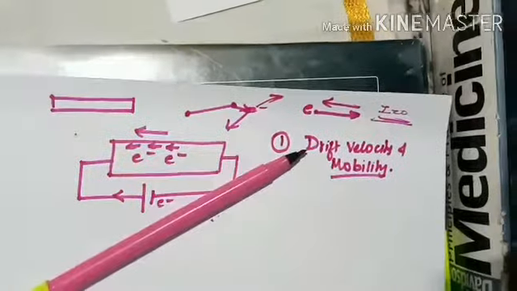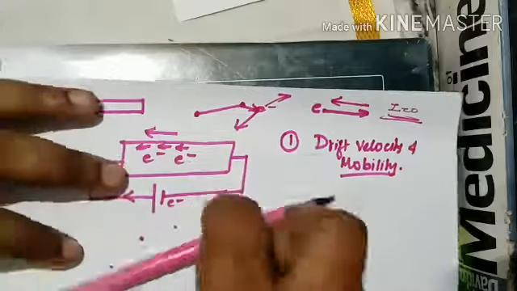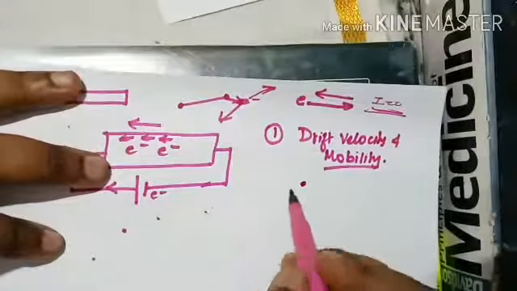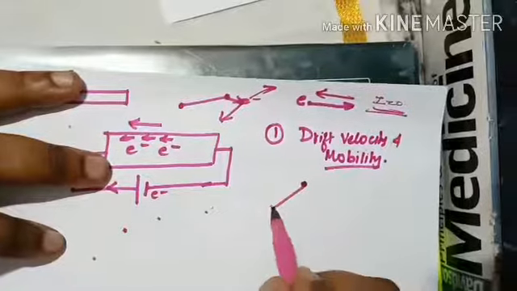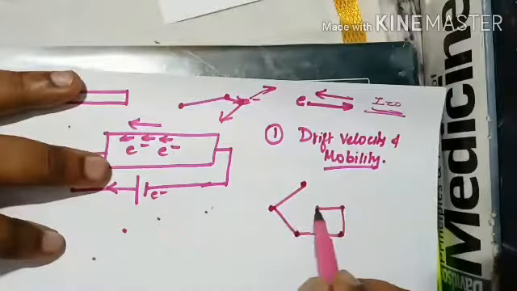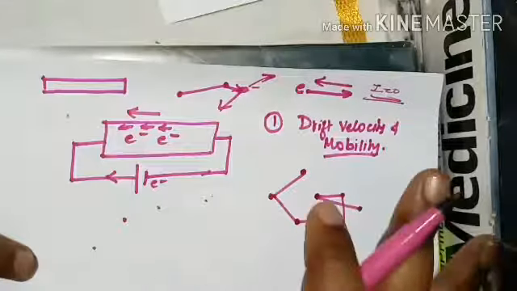This much is the common knowledge of you guys. Now we'll deal with electrons' drift velocity. So what happened when no electric field was given? We consider that the electrons are very free to move. They are moving in random motion, or I will say they are moving in zigzag motion. That is, suppose this is my electron. Initially it was moving in this direction, then it moved in this direction. This is known as zigzag motion. That is, it moves in any way it wants.